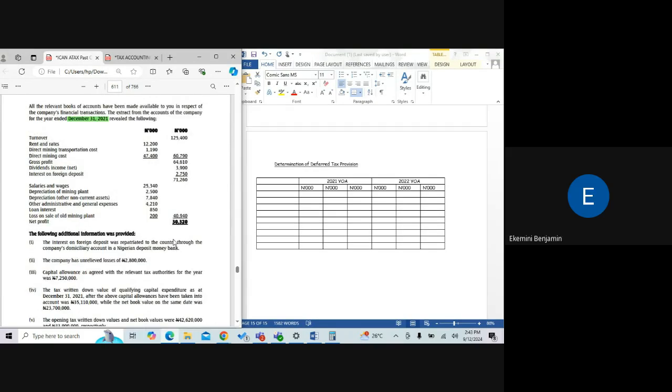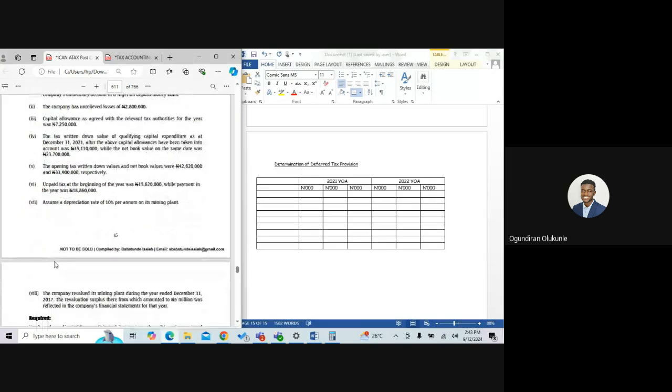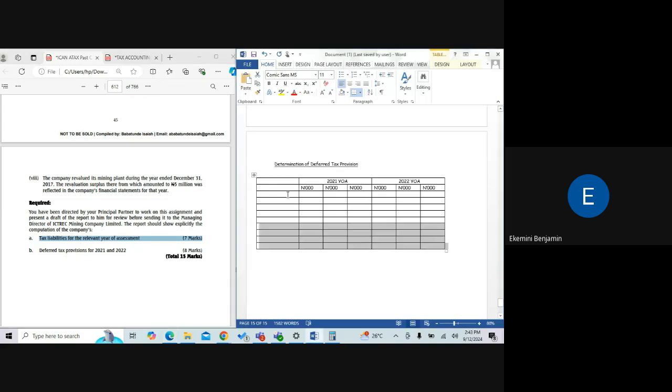To compute my tax liability, I take net profit, add disallowed expenses, less non-taxable. So what I'm looking for is net profit and disallowable expenses, and in the case where the disallowable expenses have some footnotes,